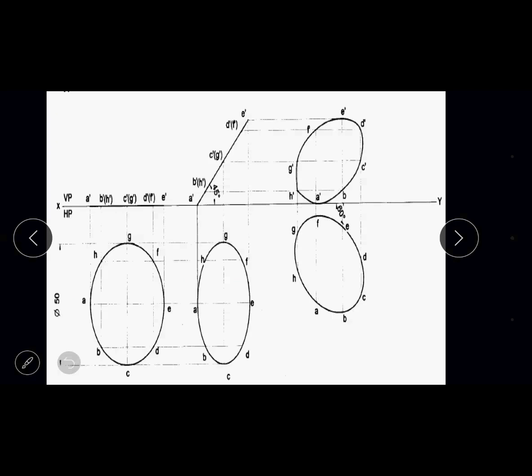The first top view is labeled A, B, C, D, E, F, G to H, and all the projection lines are drawn, and you can see the front view. Then in the next step, the same front view is shifted to the 45 degree line, and all those markings were done: A dash, B dash, H dash, C dash, D dash, F dash, and E dash. You have measured the distance from the first top view using your compass, marked it on the 45 degree line, and from there correspondingly drawn the projection lines.